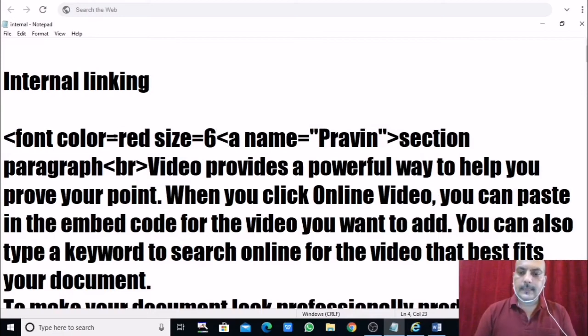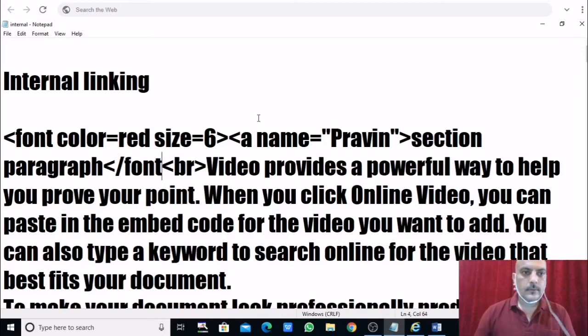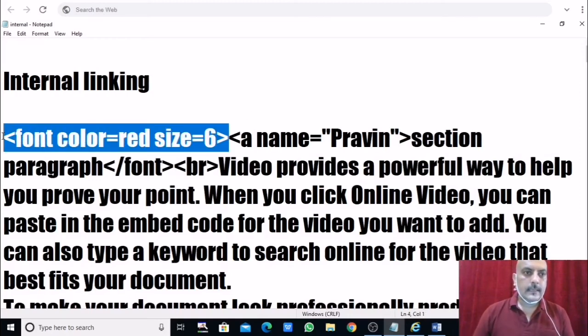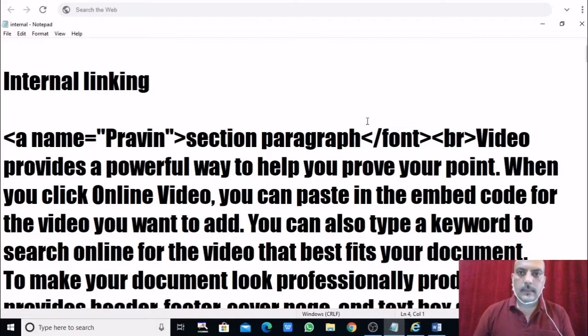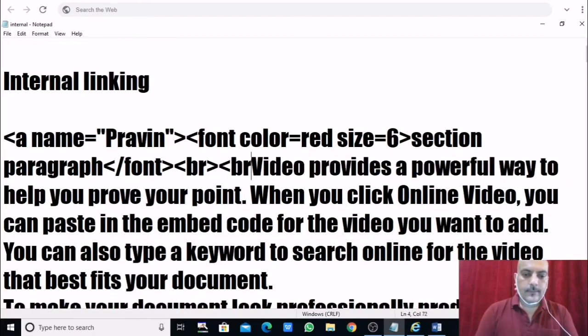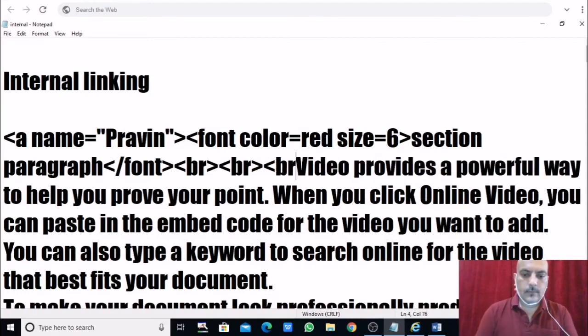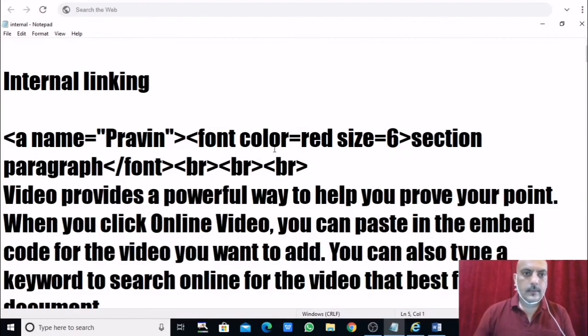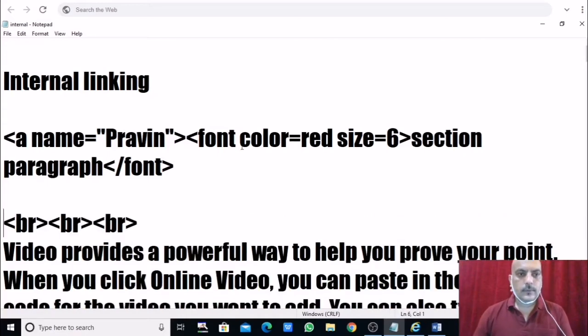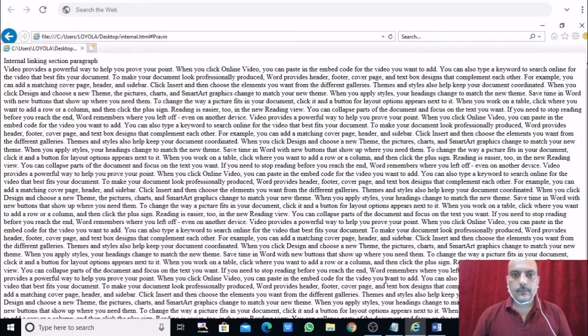Here again end with font. Done. And this I need to give on this section paragraph. Done. Then BR, one more BR, one more BR. So let it be clear over here what we are writing.